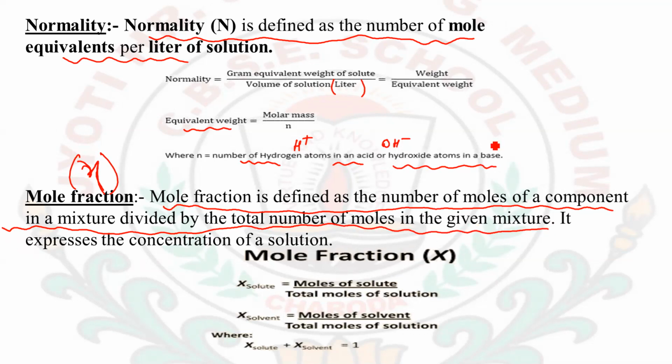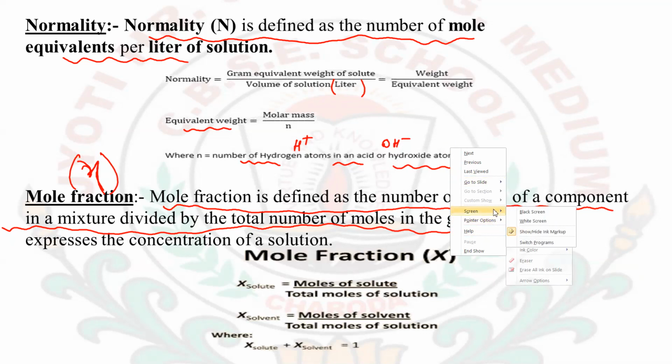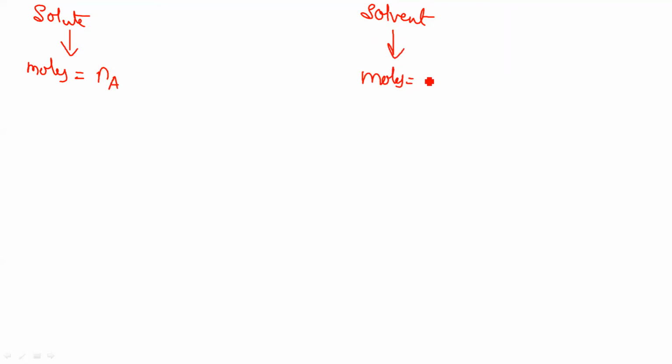As you have two components here, one is the solute and one is the solvent. For solute, let's say moles is Na, and for solvent, let's say moles is Nb. Then the mole fraction will be given as